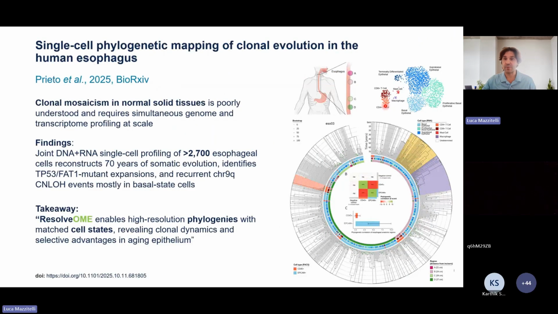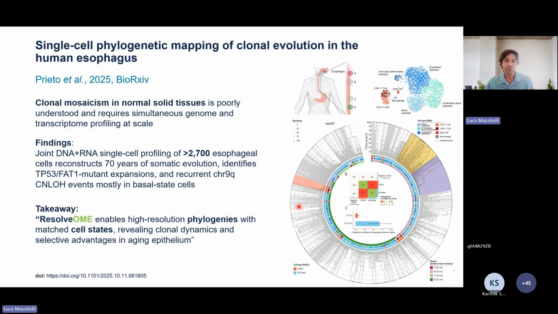And this is one last example. In this study, they used ResolveDNA to profile, and this was a really high throughput approach because they profiled, this is from the New York Genome Center, more than 2,700 cells from normal aging esophagus, measuring both genome and transcriptome from each cell. And this allowed them to build detailed phylogenies covering over 70 years of somatic mutation, and they identified clones carrying mutations in the TP53 and FAT1 genes,